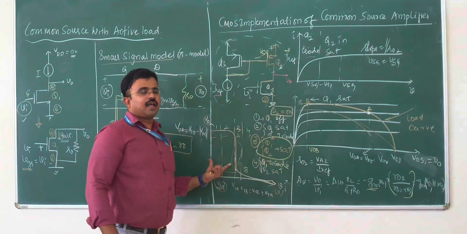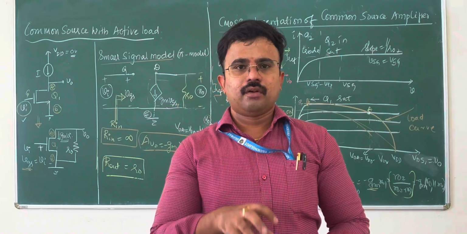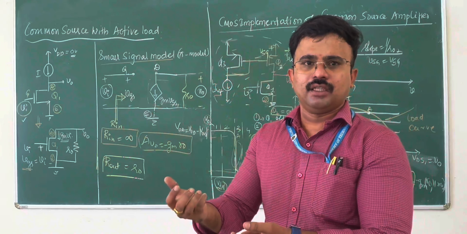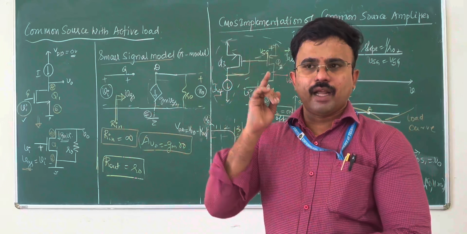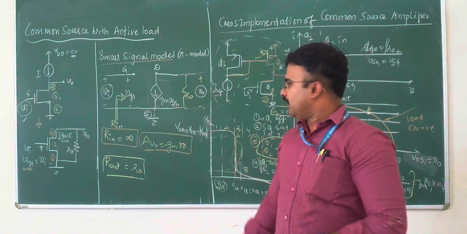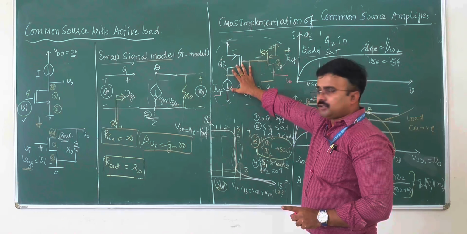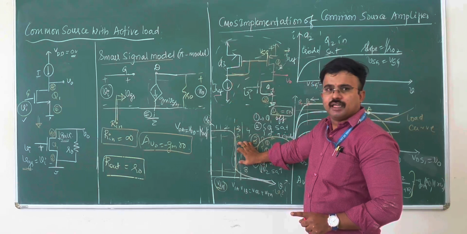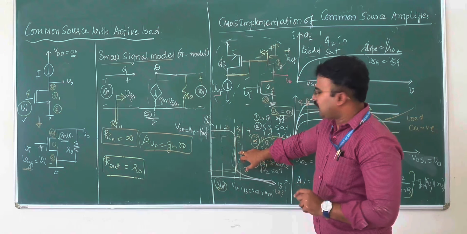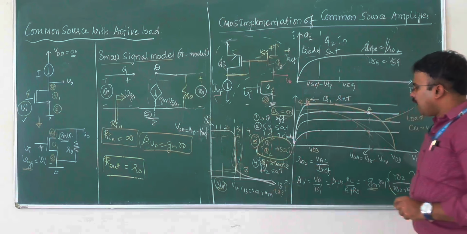The outcome of this transfer characteristic is to tell us which transistors in the circuit should be maintained in saturation. We need to be very clear that whenever we operate the device as an amplifier, the transistor should be maintained in saturation. From the transfer characteristics of this curve, we come to know that region 3 is the place where both transistors are in saturation and maximum amplification can be obtained. After that, we need to derive the amplifier parameters.